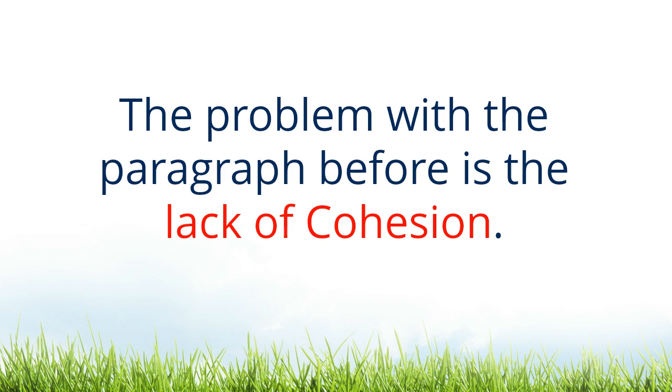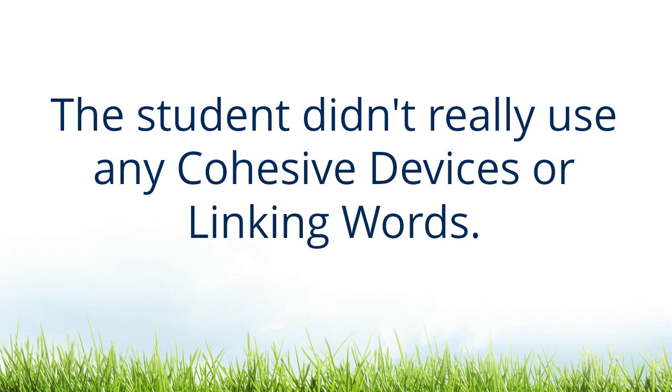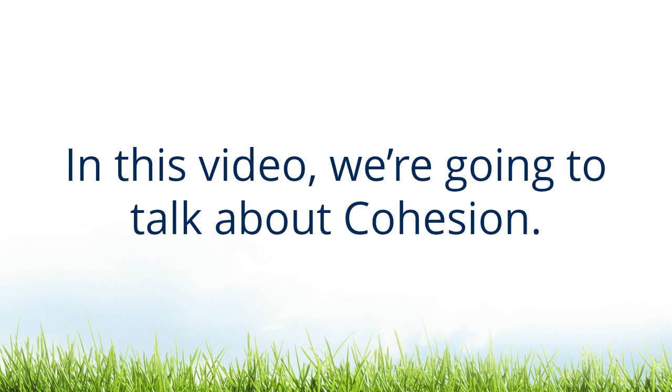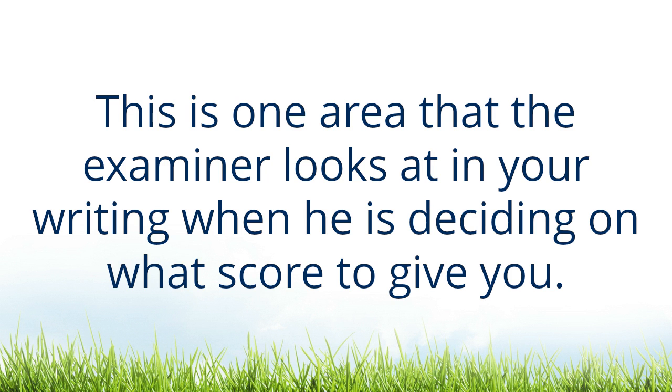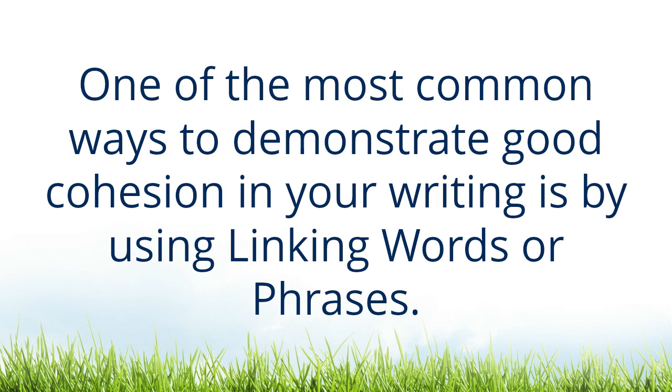The problem with the paragraph before is a lack of cohesion. The student didn't really use any cohesive devices or linking words. In this video, we're going to talk about cohesion. This is about the flow and connection from one idea to another in your writing. This is one area that the examiner looks at in your writing when he is deciding on what score to give you. One of the most common ways to demonstrate good cohesion in your writing is by using linking words